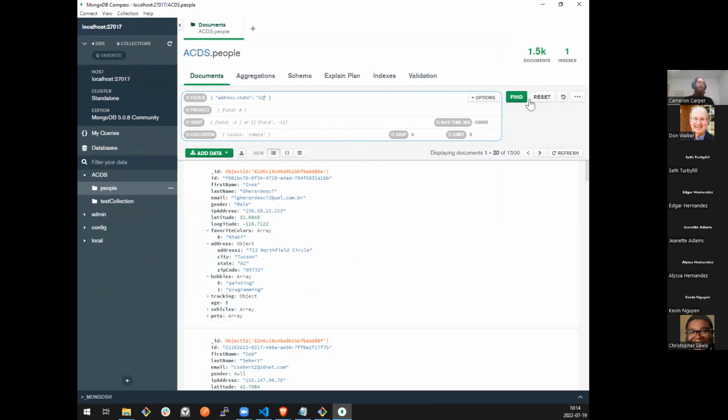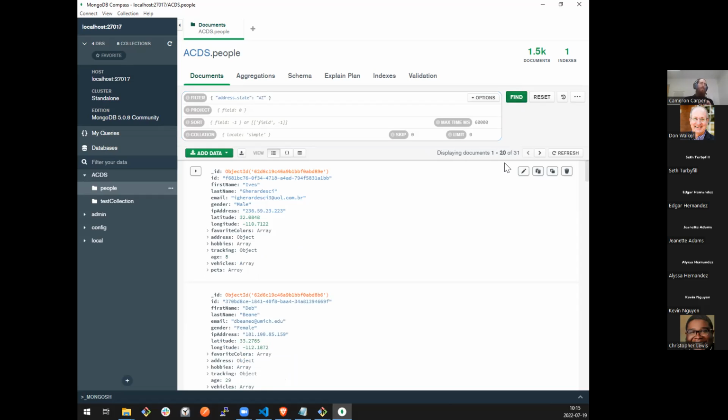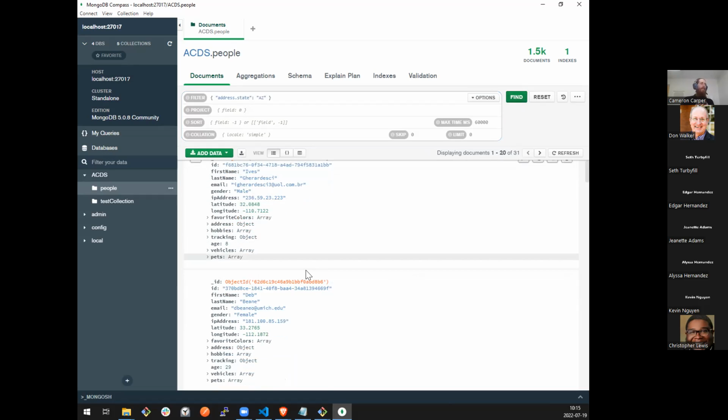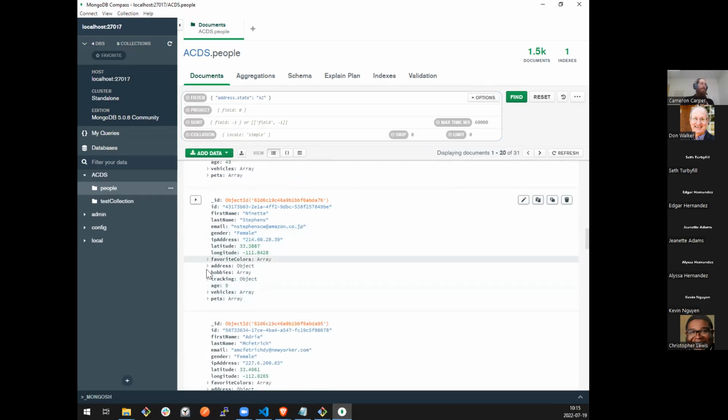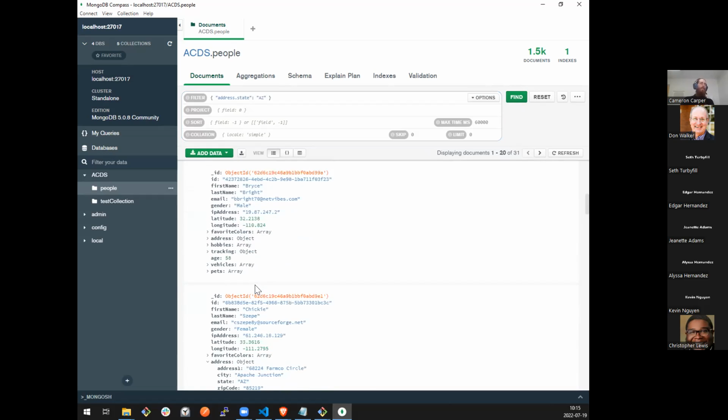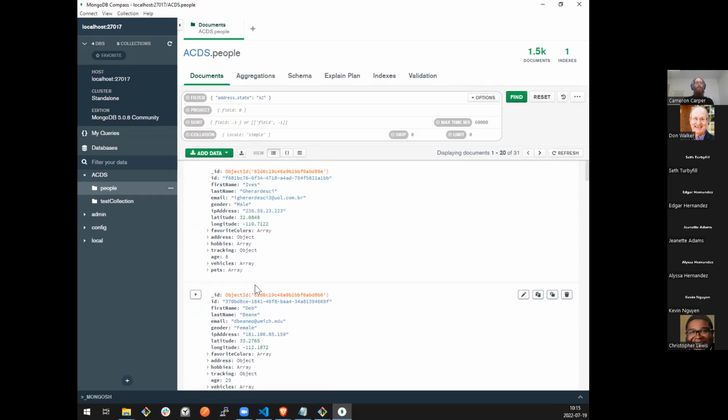So let's run this and see how many people, again, we got 1,500 total documents. Let's see how many we've got in Arizona. So 31, not too bad. Our same guy keeps coming up over and over due to natural ordering, but we can fix that later. I'm just going to spot check one or two, make sure that Chicky is in AZ. What about Nanetta? Also in AZ. So we can see that out of our 1,500 documents, we have 31 people that have data representative of living in Arizona.